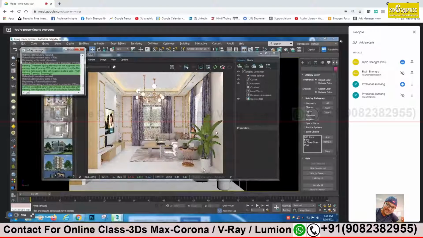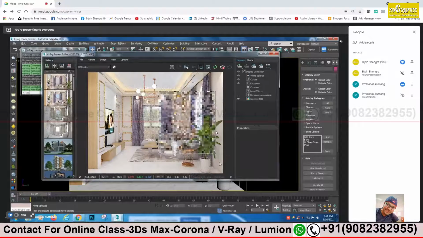Yes, sir. Now it's coming. Nice. So I will do this with the other one also. Yes. Just check the second window. It's coming proper or not.